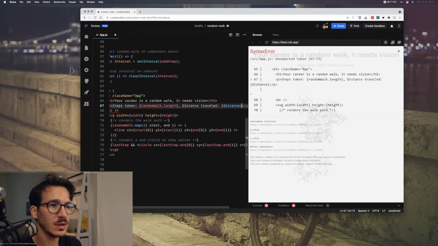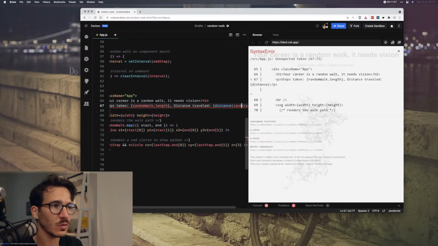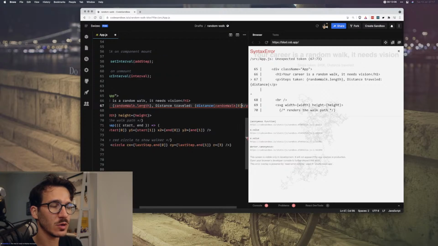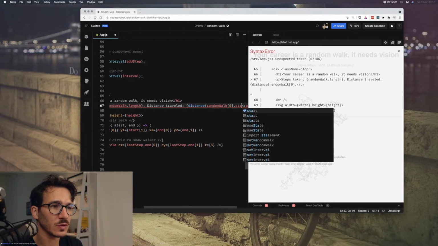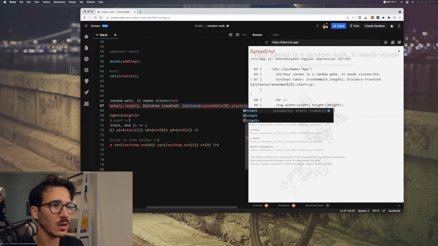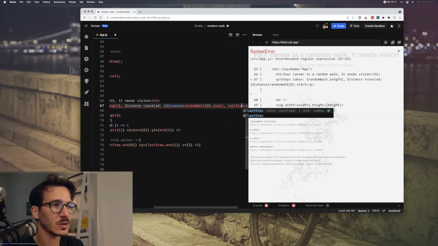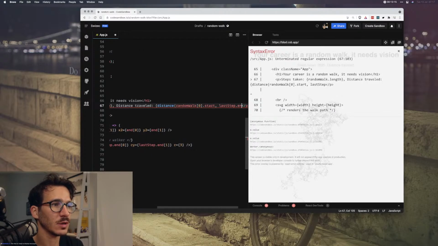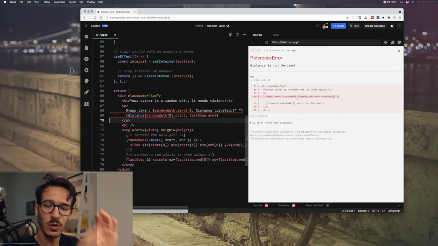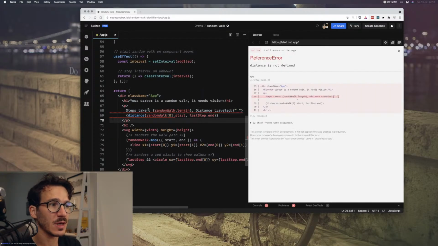We're gonna get the distance between the random walk 0 dot start and last step dot end. So those are going to be the first step and the last step. That's the distance.